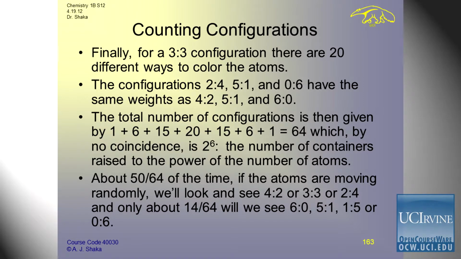Shouldn't they all have the same weights? What? Why wouldn't they all have the same weight for doing the 6 atoms at a time? Why wouldn't each one have the same weight? Which, let's go back. So 2 and 4, 5 and 1, 0 and 6, right? Why don't each of 2 and 4, 5 and 1, 0 and 6 have the same weights? Yeah, they're all 6 atoms total. They're also, so let's go back to the images. So compare